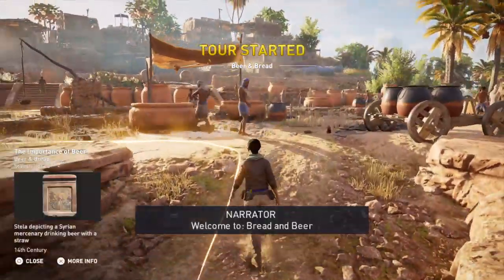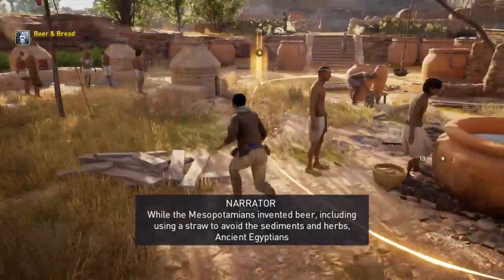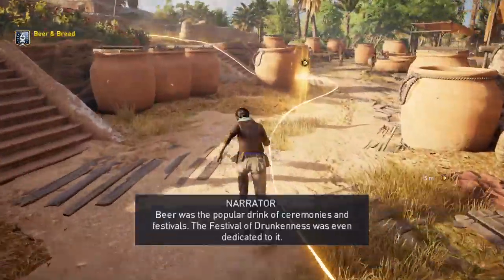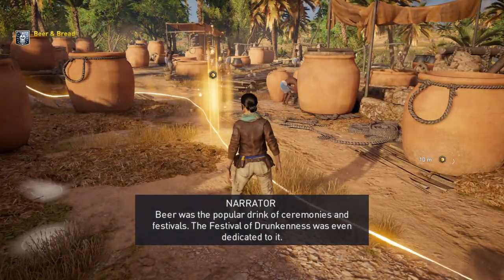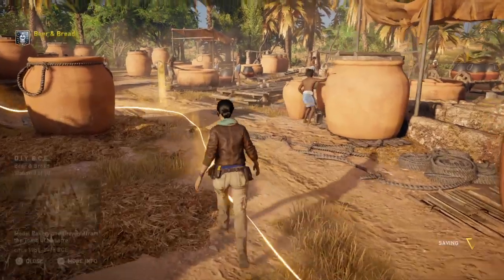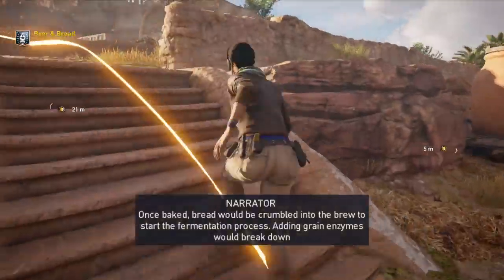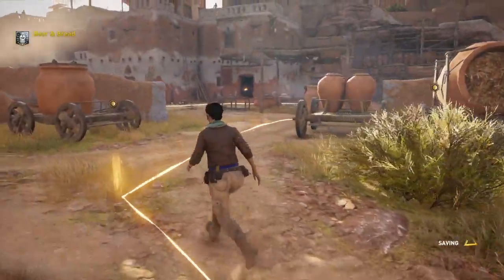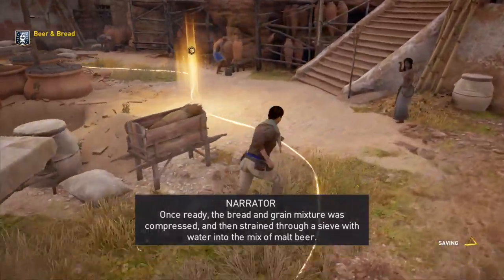Welcome to Bread and Beer. While the Mesopotamians invented beer, including using a straw to avoid... Beer was the popular drink of ceremonies and festivals. The Festival of Drunkenness was even dedicated. Once baked, bread would be crumbled into the brew to start the fermentation. Once ready, the bread and grain mixture was compressed, and...